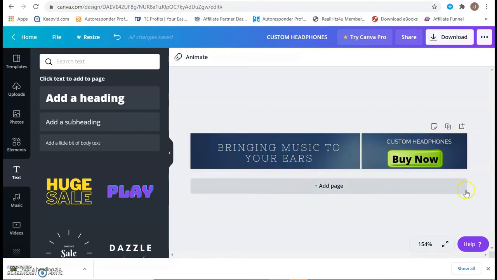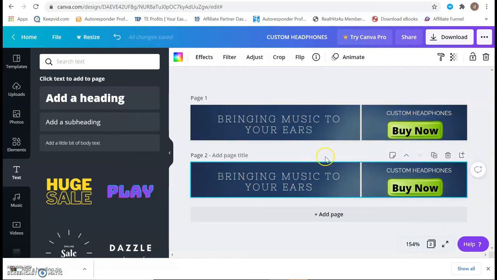Now once you have created this, all you got to do is create another copy of it. The idea behind a GIF banner is that there will be multiple layers to the animation, mostly two or three or four, however many you would want. There will be banners behind each other, and what would change is only one element, so that there is a good effect coming in.